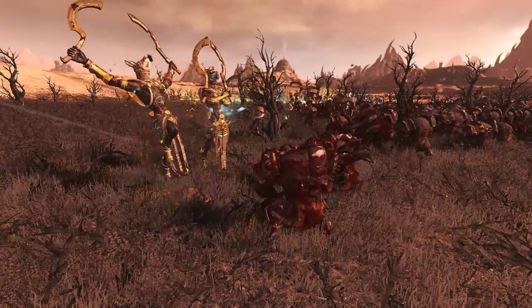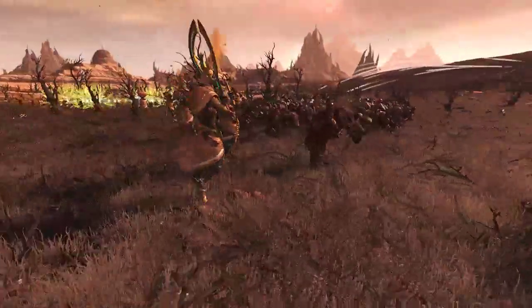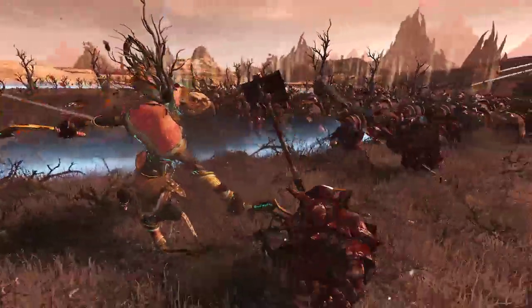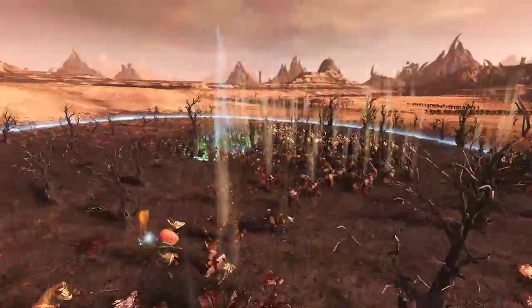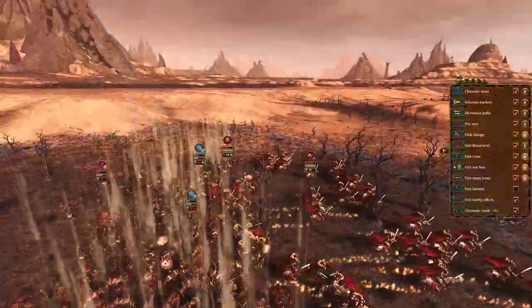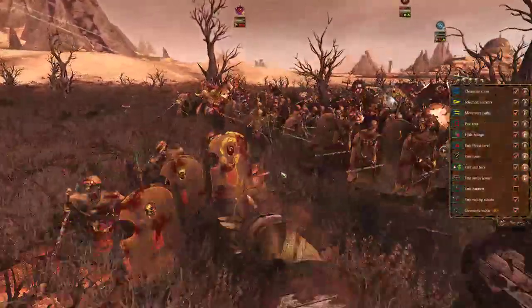Here we have the Shabti duking it out with the black orcs. Ooh! Did you see that black orc? Well, right now he's there and there and there and probably all over this tree. Poor black orc. Well. And at this point we have the Chaos Knights psycho-charging the backline of the Orc Boys, who are against the